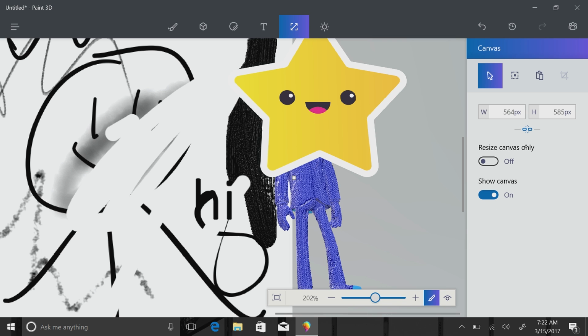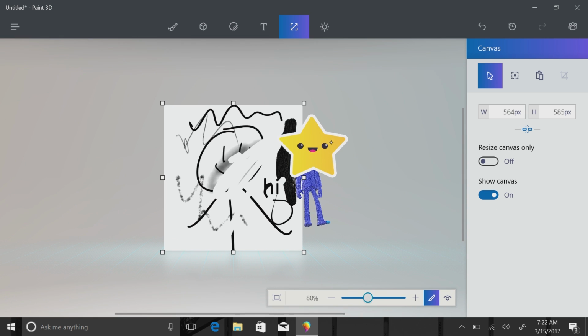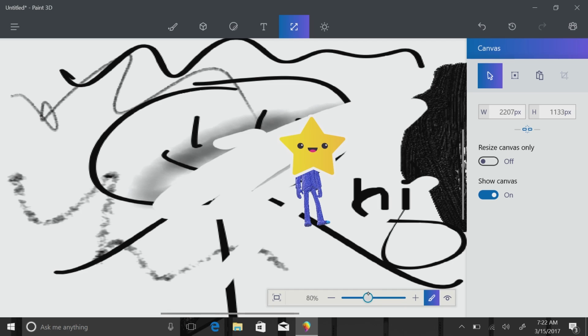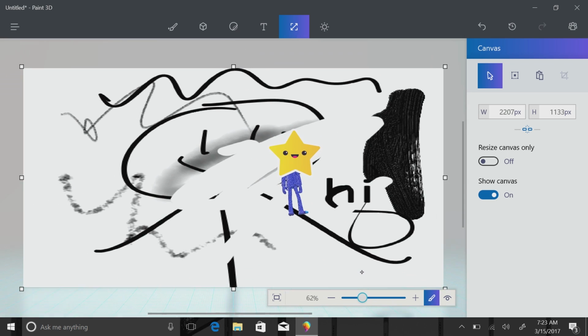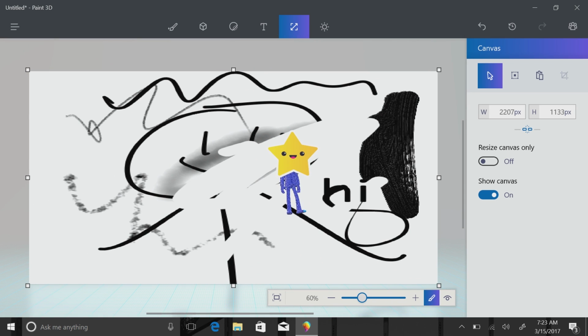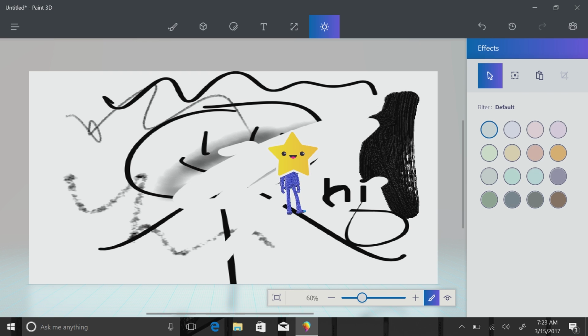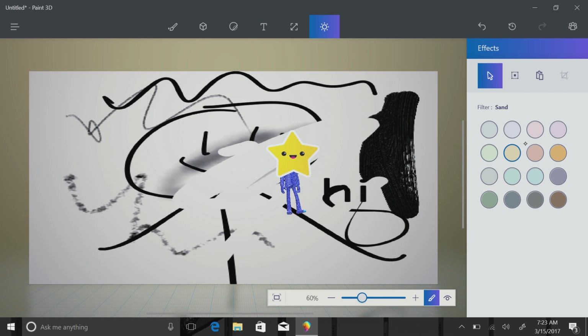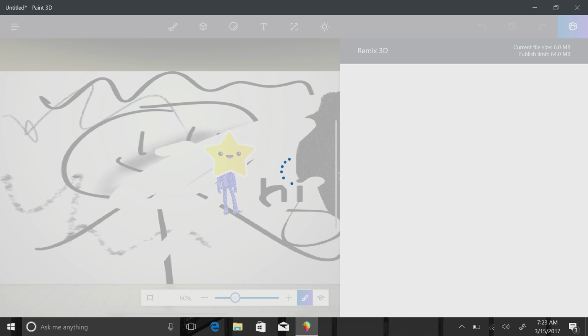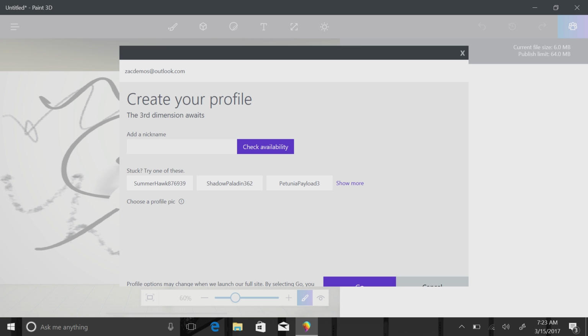Then there's whatever this is. Canvas, so I can change the size of the actual image. So let's make you larger. Makes more sense. Man, that is just a catastrophic image, don't you think? You can save that as your wallpaper if you like. And then there's also different effects you can have. Nice. Oh, look at that. It's fancy. You can upload that on Instagram now. And then there's an entire community of Paint 3D people, which Microsoft have built into Windows 10 here, which, look,